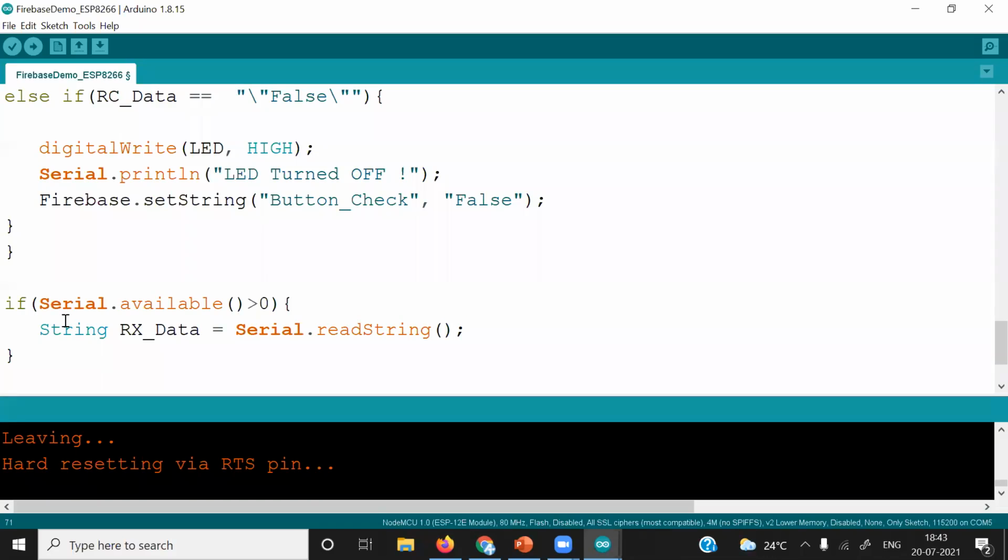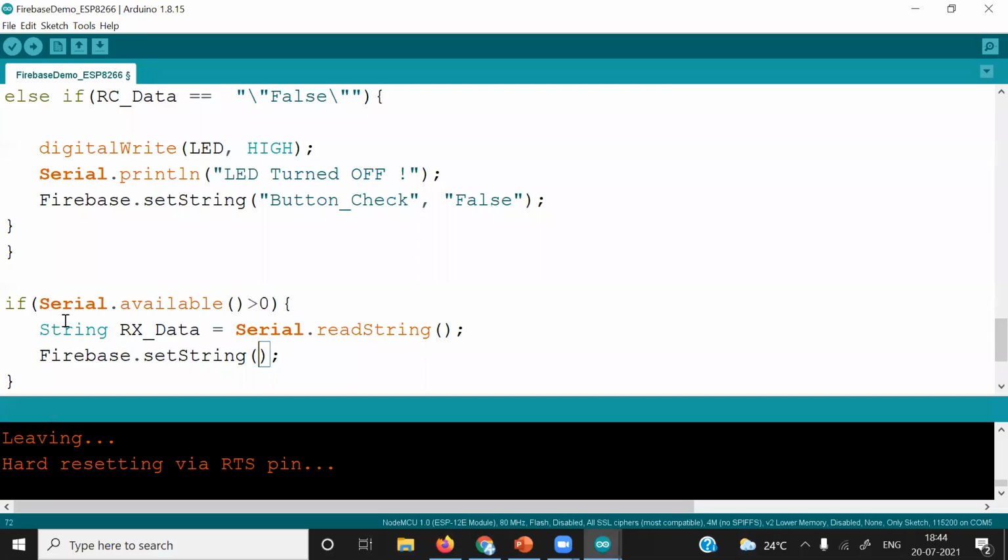Okay. Whatever data is available in the buffer register of the ESP8266 will be converted into a string, and Serial.readString will return this string, and we are storing it in the rxData variable. Next, we want to send this data to Firebase. To send this data to Firebase, use Firebase.setString, because we are sending the data type as string, so it must be a string. If it is an integer, you must use setInt or setFloat respectively.